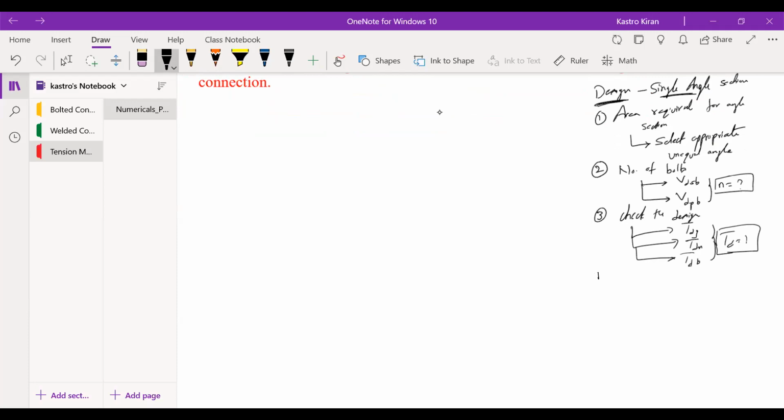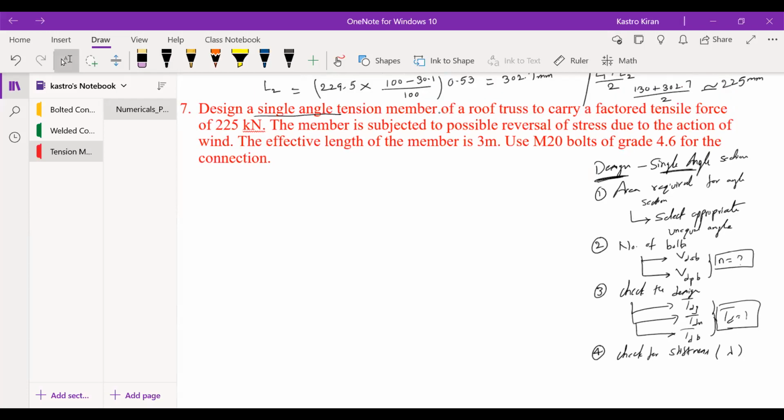Okay. And the fourth and the last step is you have to check for the stiffness of member, that is slenderness ratio. So these are the key steps which you have to solve in this problem. Fine. So let's start with each and every step, and then we'll find out the values, and then we'll arrive at the check for stiffness condition. Okay. So I guess the steps are very clear for all of you. So the solution part consists of initially finding out the area required. So that you make it as a first step.